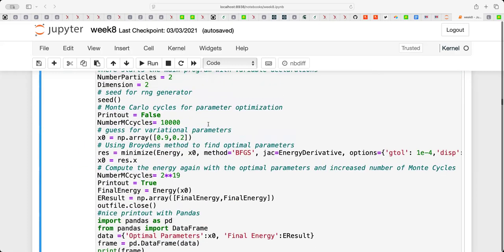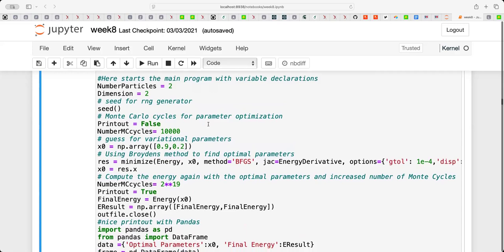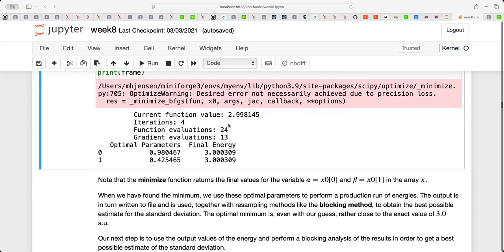So in your code, the thing you need to do after you found the minimum in terms of the variational parameters, like we do here, then you launch your big Monte Carlo calculation. And then you can decide whether you spit out the expectation value of the energy each 100 cycles, each 1,000 cycles, or whether you write out every one. But clearly, if you do 1 billion cycles, you will have a file with 1 billion data points. And if you're doing double precision, this is 8 bytes per number. So that means 1 billion times 8. So that would be a huge file.